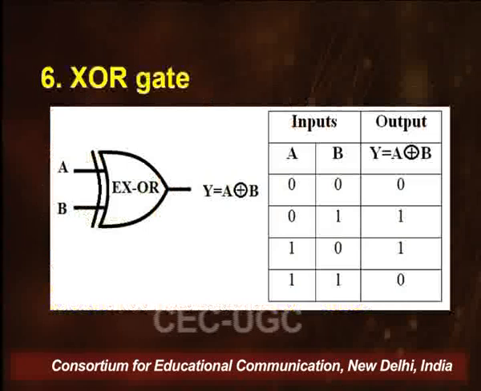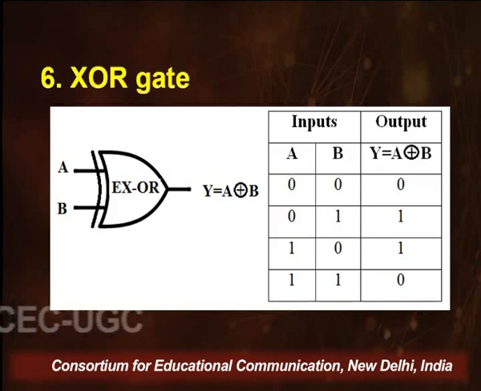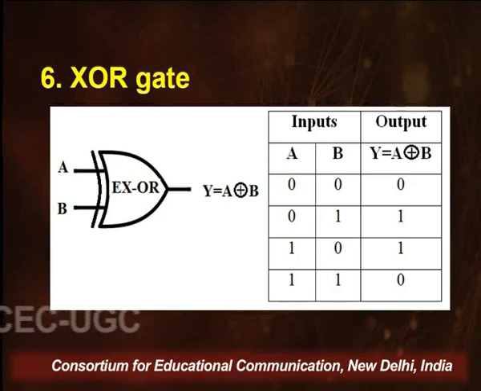This is a very specific one, because if we increase the number of inputs to 3, which will be A, B and C, the combinations will go 2 to the power 3, which is 8, and then we will have a number of places where we would have even number or odd number of ones appearing in the input column. So, how do I conclude there? This statement will help you to identify the output: when there are an odd number of high inputs, the output would be high. The output will be low when both the inputs are low or high.